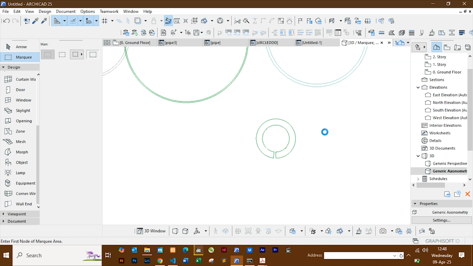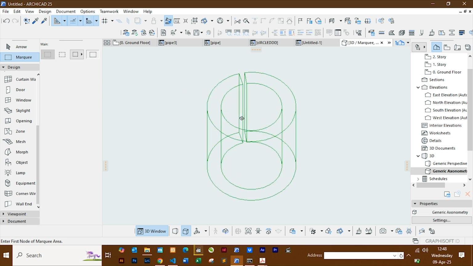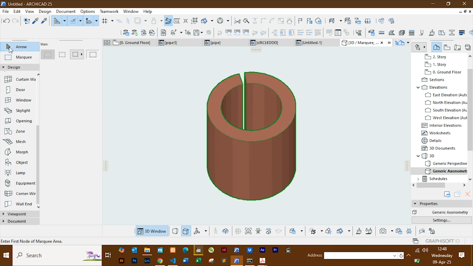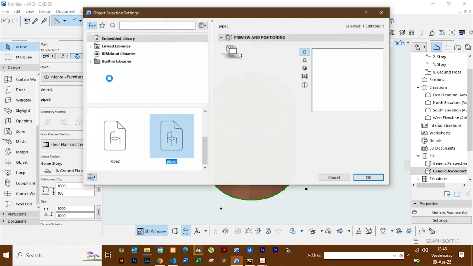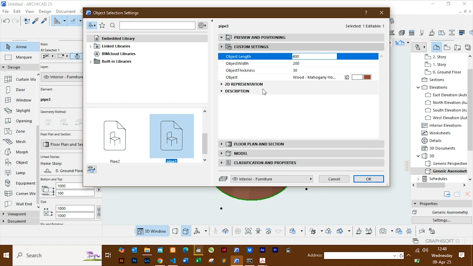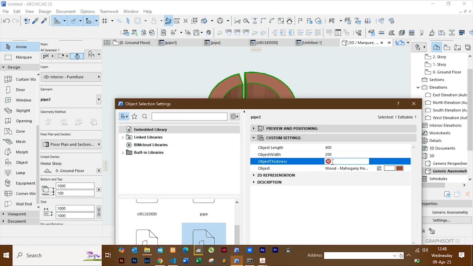This is also parametric, but with a few challenges. Like I'll demonstrate right now. You see, we got our pipe as it is. Now select this, go to the settings. You see we have our settings here. If you do a smaller radius like 10,